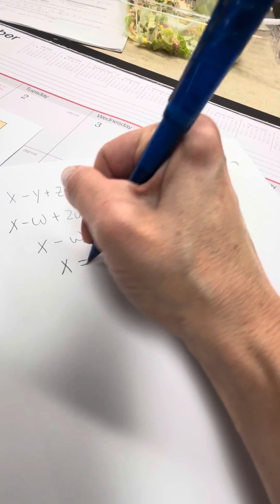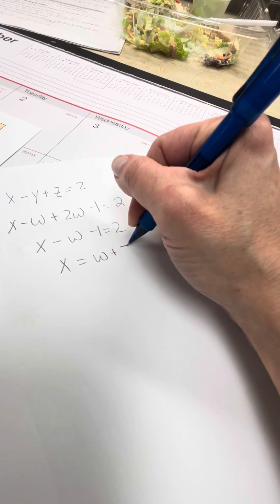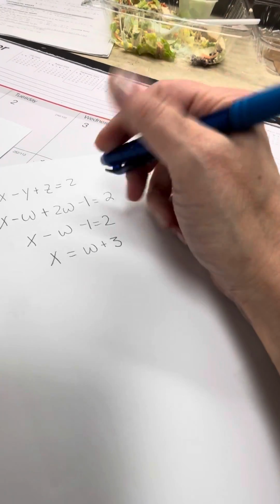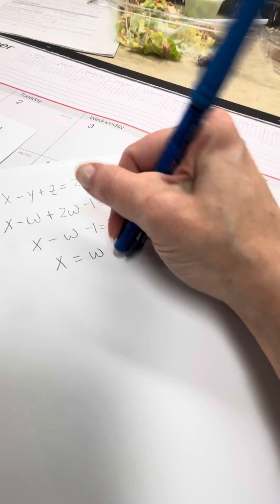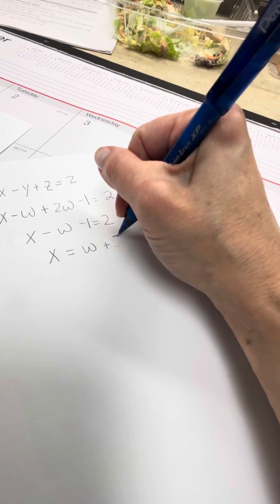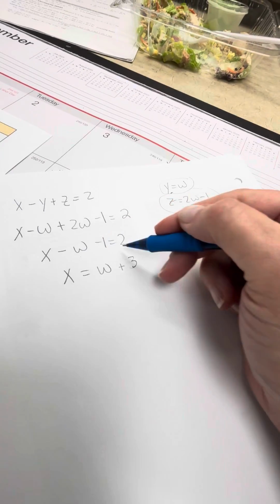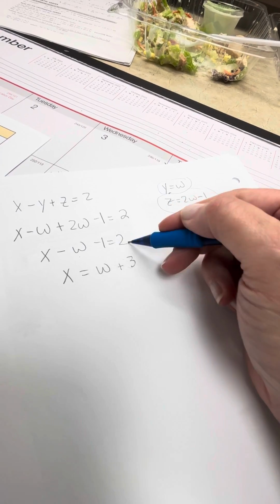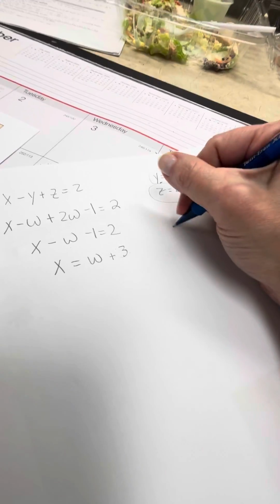So I get x equals w plus 3. Nope. Minus 3. Nope, plus 3. Wow, that was a whole journey. Okay, so brought the w over to the other side, became positive, brought the 1, that's a 3. So this is our